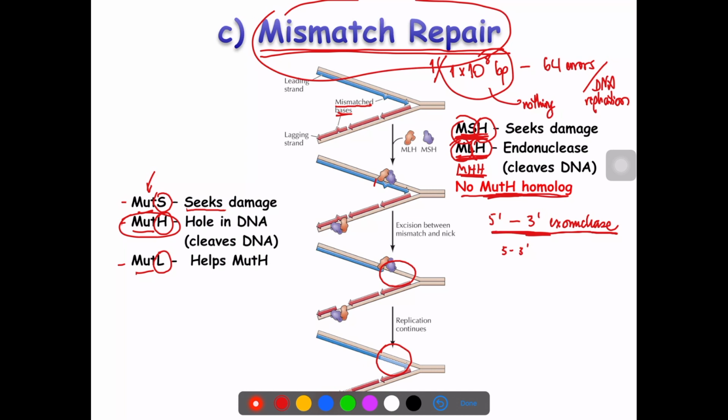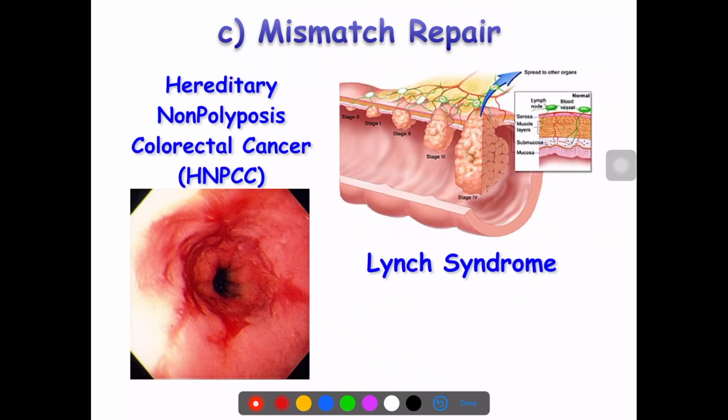There is an actual disease association in this pathway as well. So we had mentioned how there is a human syndrome that is associated with defects in global genome nucleotide excision repair, that is xeroderma pigmentosum. There's also a human syndrome that is associated with defects in transcription coupled nucleotide excision repair, and that is Cockayne syndrome. And there is also a human disease that is associated with defects in this particular pathway, and that is known